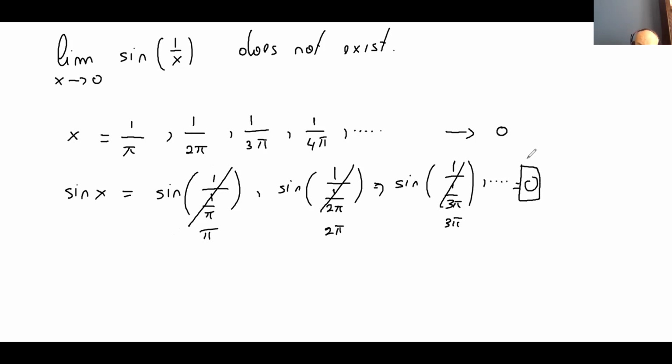So there we go. We get a bunch of values of x that are very close to 0, and sine of x is very close to 0. It is 0 actually at all those values. But then I can get another bunch of values of x, like the ones I started with, where you have here 1 over pi over 2. So this is my number here, 1 over 3 pi over 2,